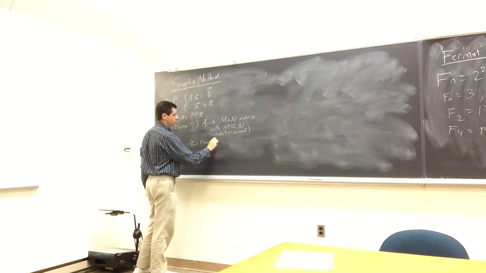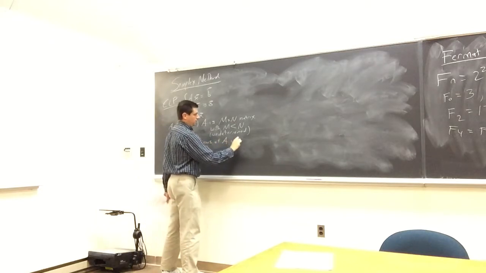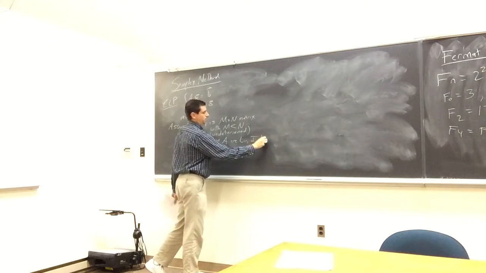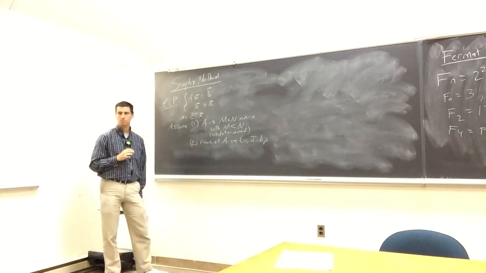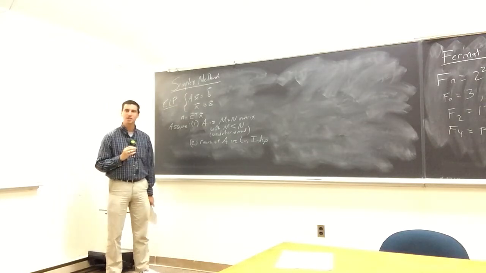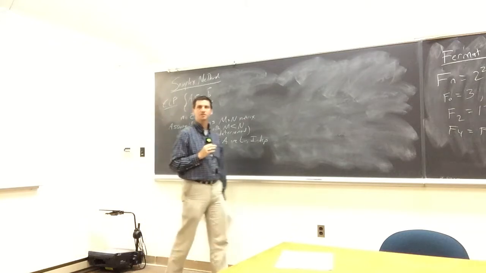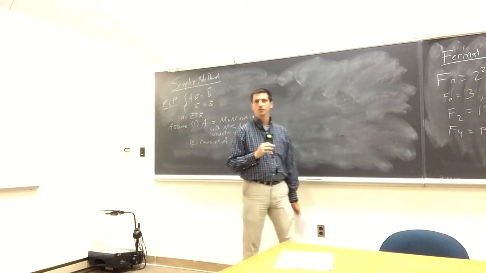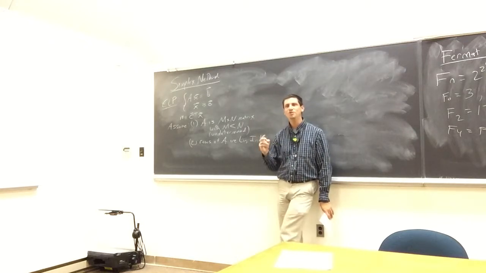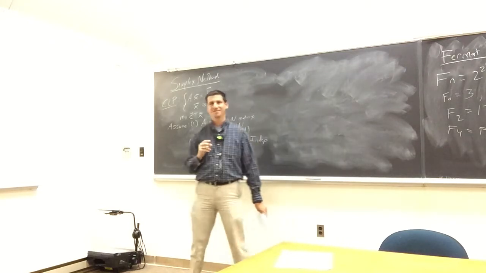is the rows of A are linearly independent. What do you feel about this one? What would happen if the rows of A are not linearly independent? Yes? You could just remove one of them. Not necessarily. You may not be able to just remove one of the rows of A. Why might you not be able to remove one of the rows of A?